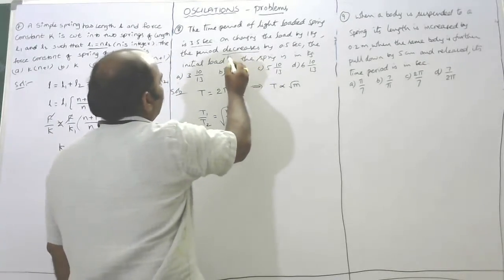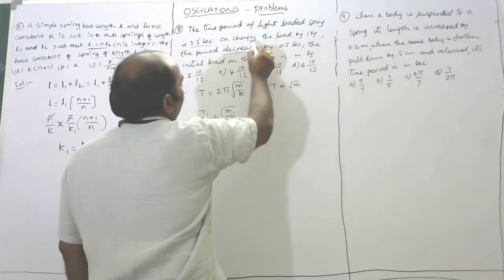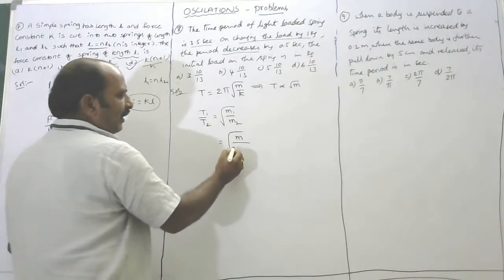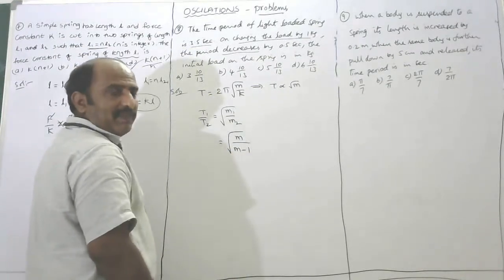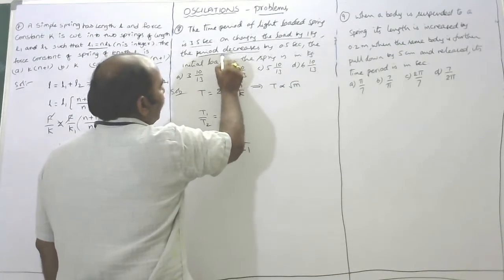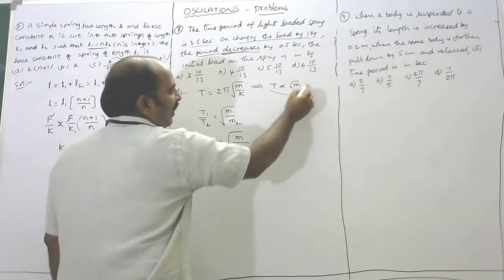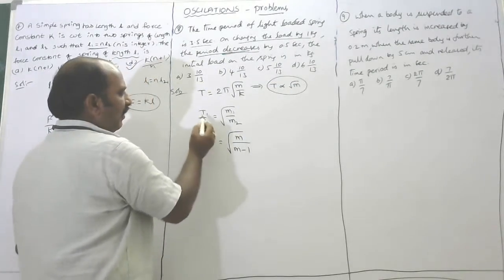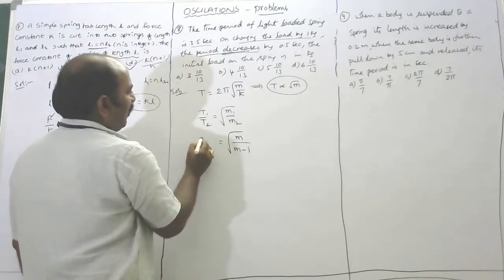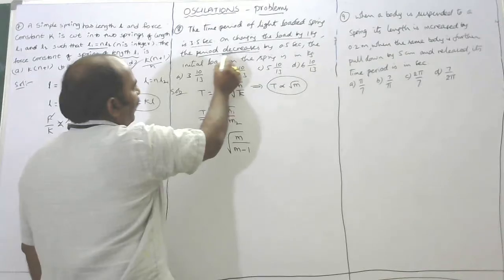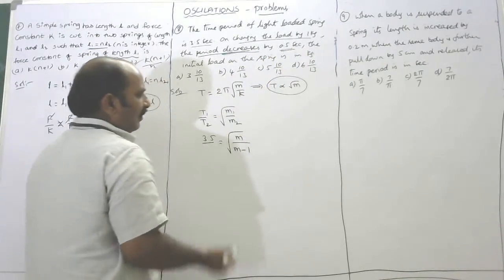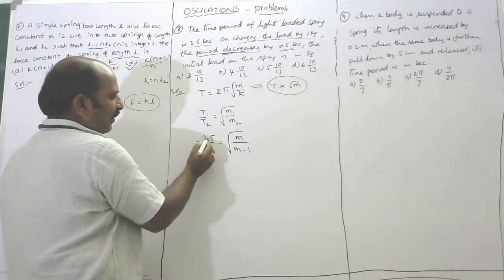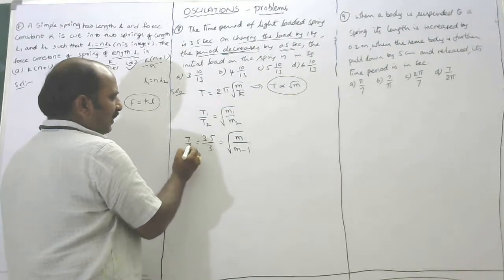Now the mass is how much? The load is changed by 1 kg. Change means either increase or decrease. Here we take decreasing, that is m minus 1, because here time period is decreasing. Both are directly proportional. That's why mass also decreases. Okay. Now T1 initial time period is 3.5, by second time period, which is decreasing by 0.5 seconds. That means present it is 3. Now 3.5 by 3 is 7 by 6.